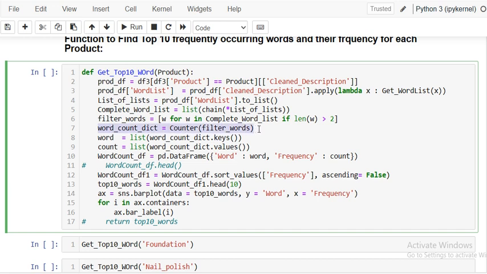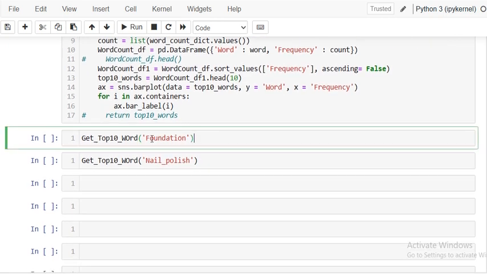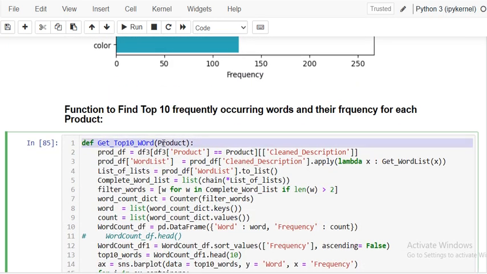Then I'm creating a dictionary from that using the Counter function, so it will create each word and its count or frequency. Then I'm storing this into word and count lists. Then I'm creating a data frame of frequency and count. Then I sort these values based on the frequency, with ascending false. Then I'm creating the top 10 words data frame, and I will visualize this by using a bar plot. So when I run this and want to check for the foundation,